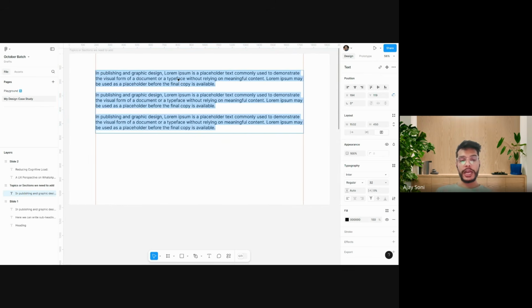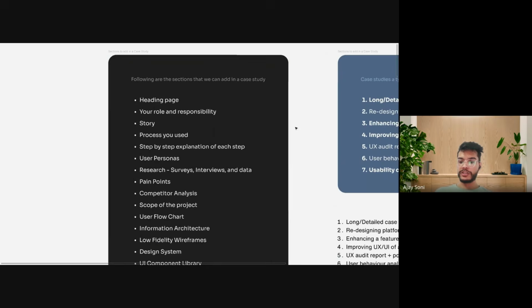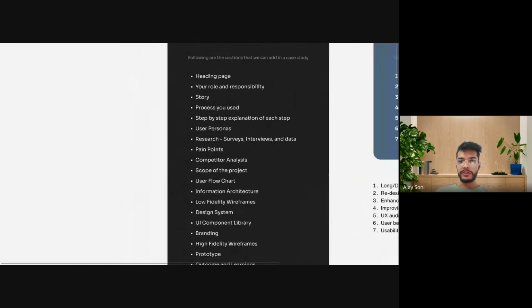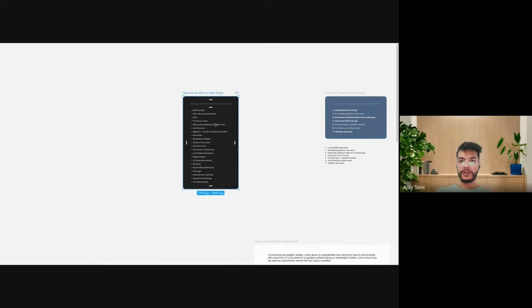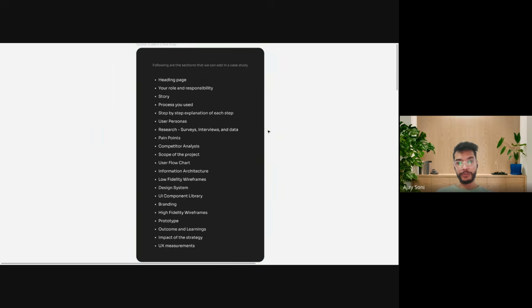So I'm just writing down different sections, or you can say different names of the sections. Just wait a second. I think I have this list with me, so I'm just pasting it here instead of writing it again and again. Okay. So here, as you can see, these are the slides that we can put, the maximum number of things, right?